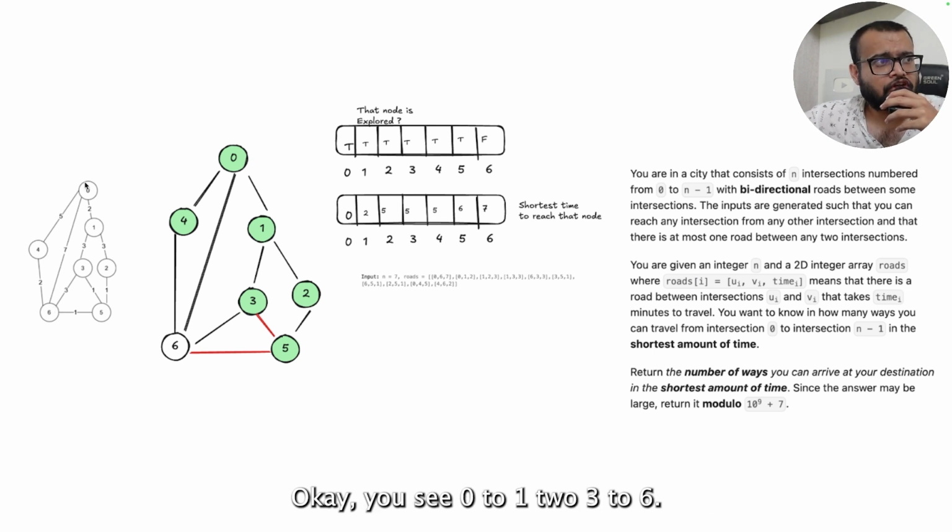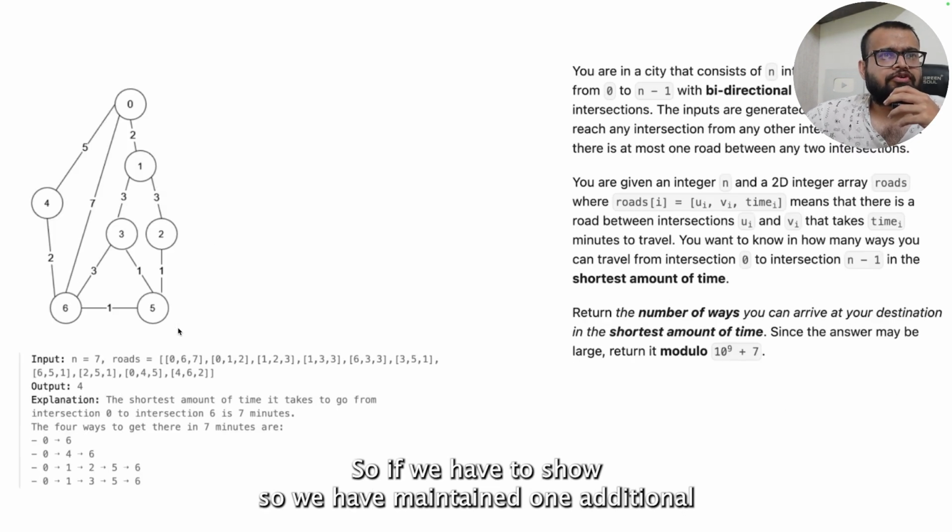You see 0 to 1 to 3 to 6, it is 8. So we will not increment it. We will just discard this. So if we have to show,